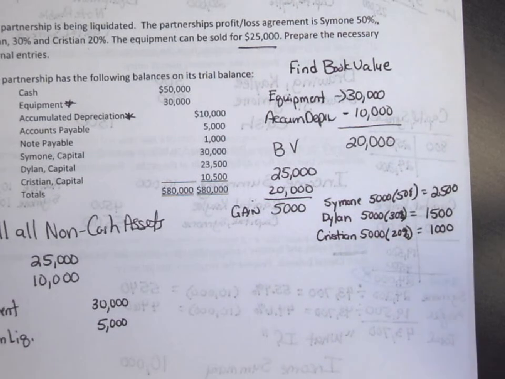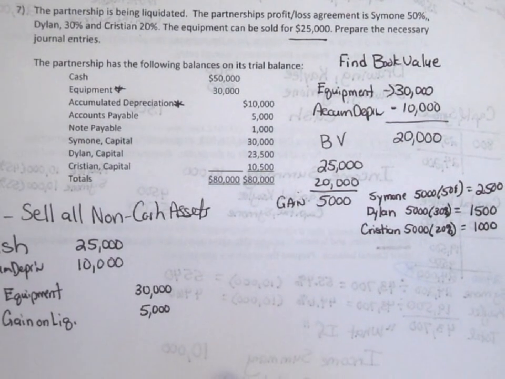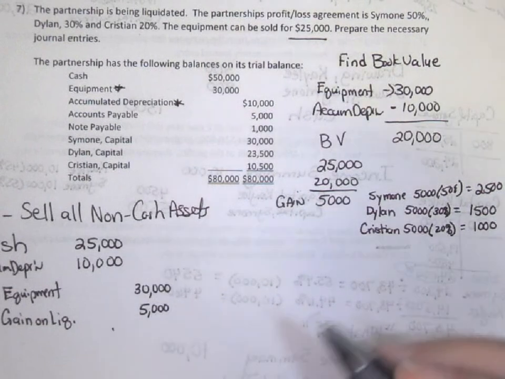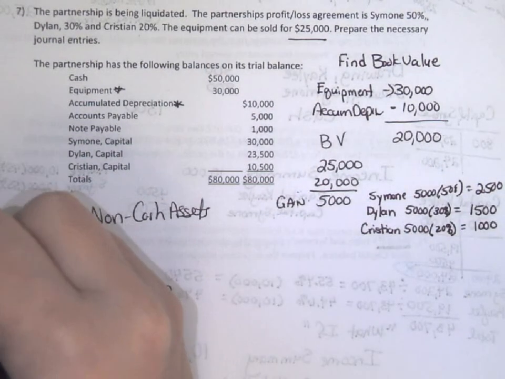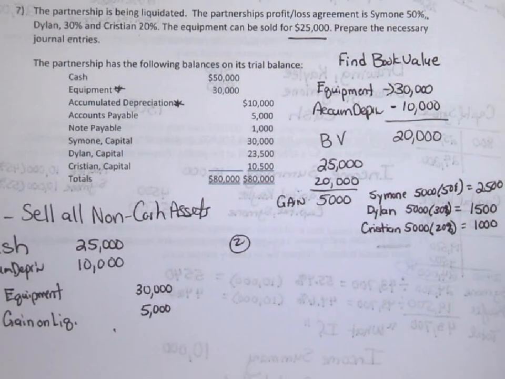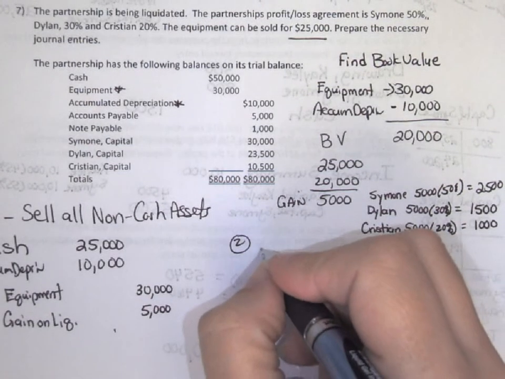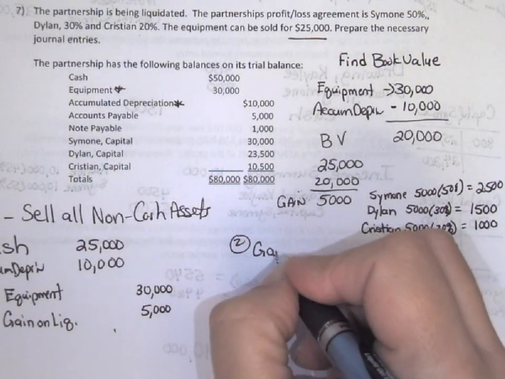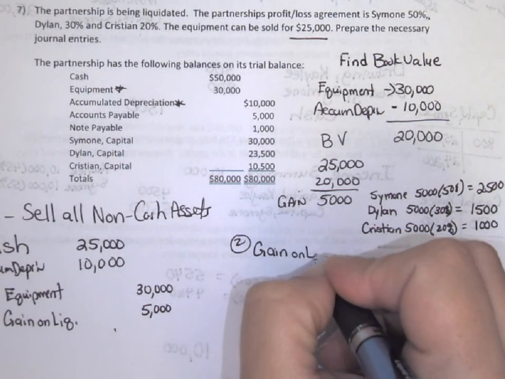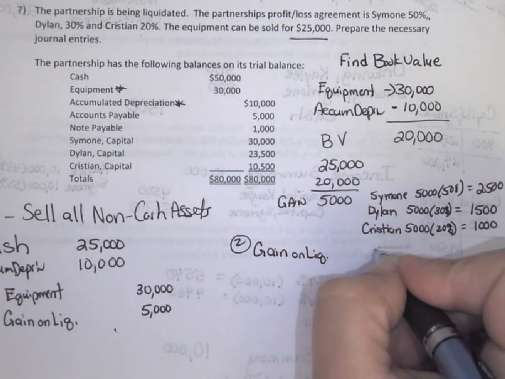So now we know the amounts that we will need to use for this journal entry to finish this out and do this journal entry. So we need to get rid of this gain on liquidation. So the second part of this step is to get rid of that. So we would have the gain on liquidation for that